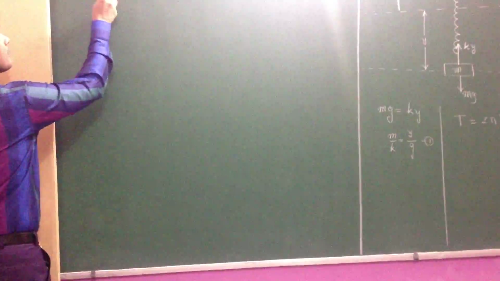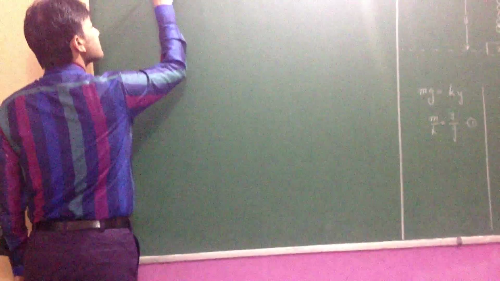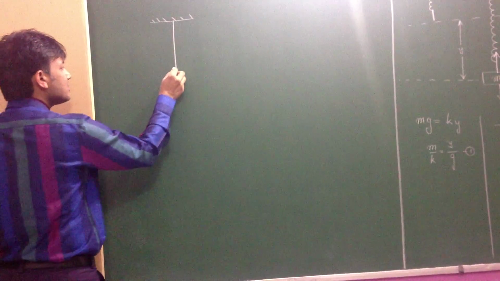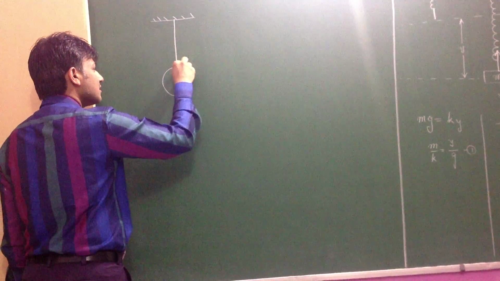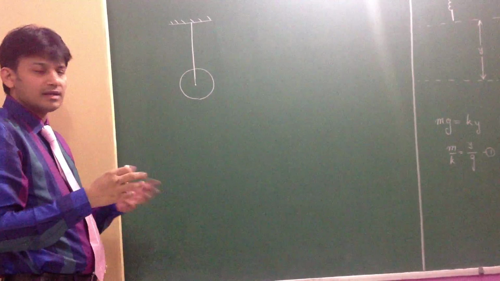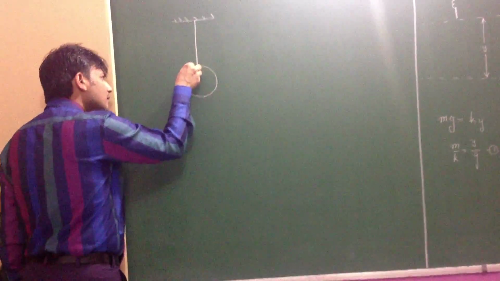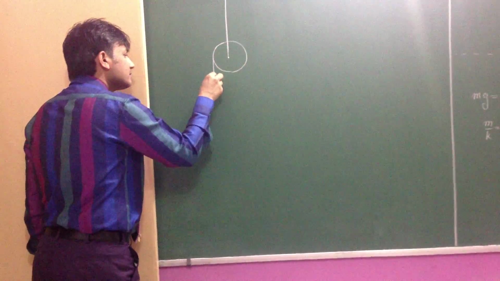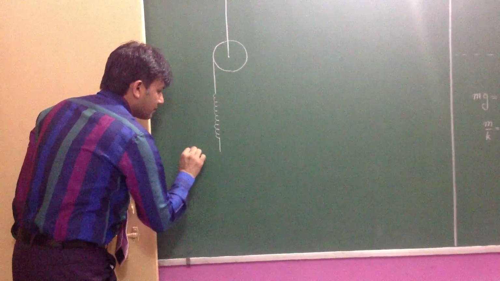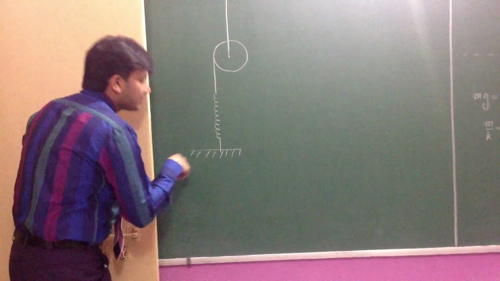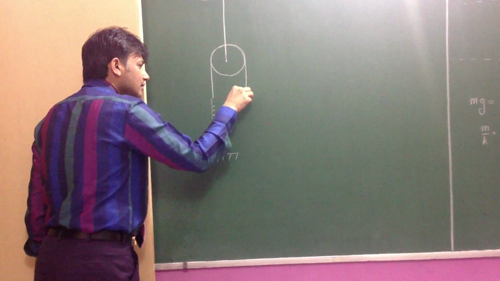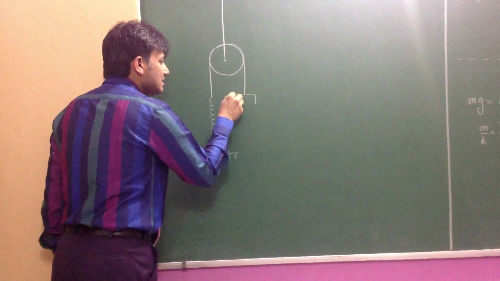Let us see the first case, a very normal case. This is a string. It is an unextensible, massless string. This is a pulley. It is also frictionless, weightless spring and pulley. Once the string is passed over, at the other end, a spring is attached. The second end of the spring is the fixed one. This is a continuous string. At the other end, mass m is suspended,